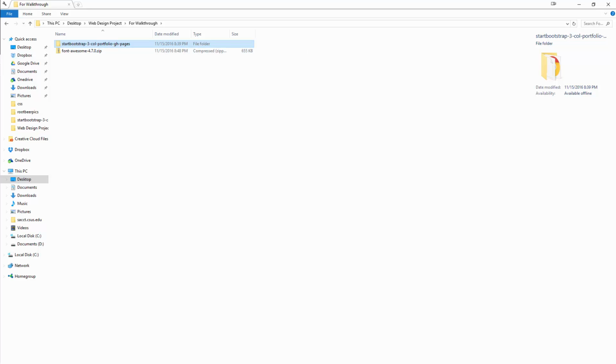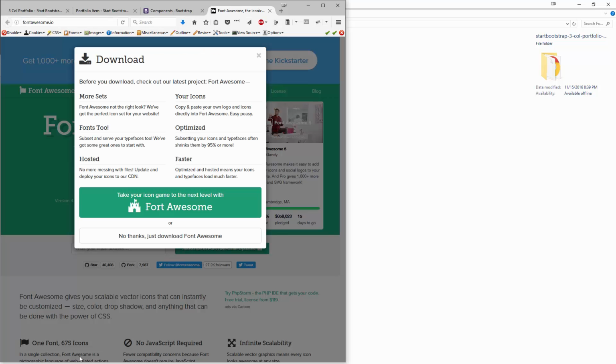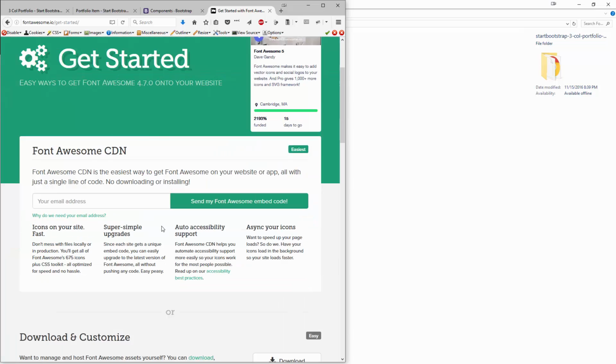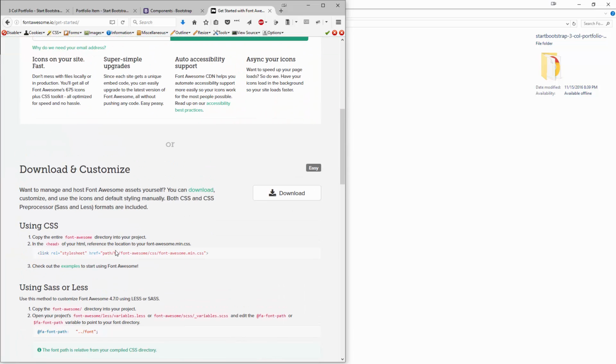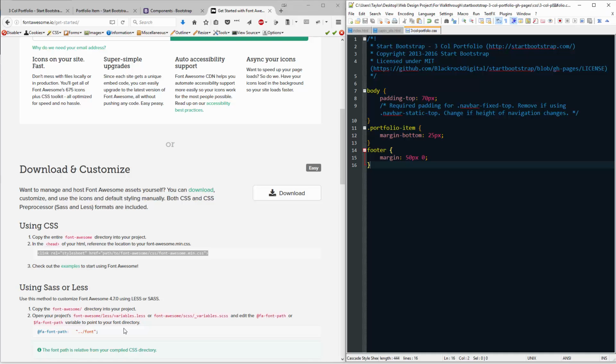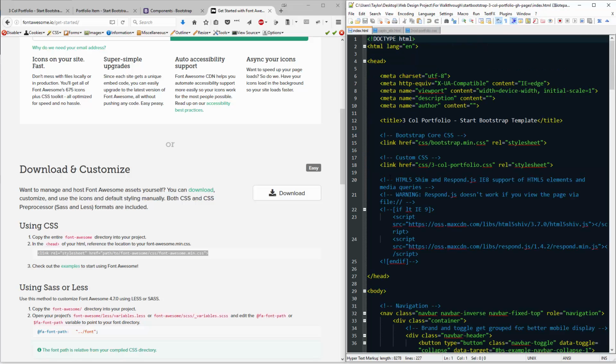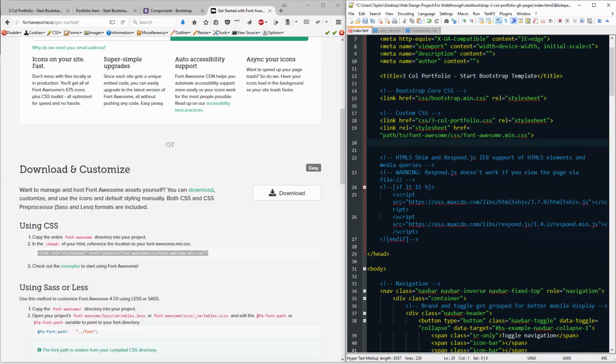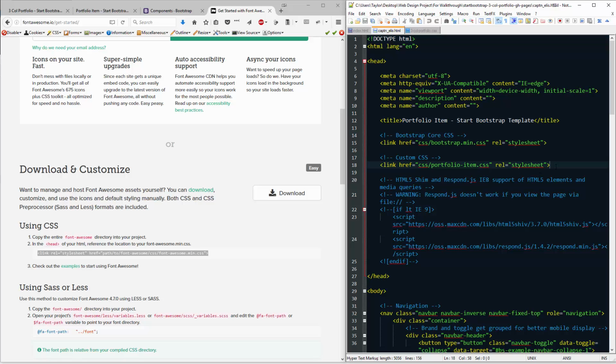And if you go through the instructions on the Font Awesome web page and look at the get started instructions, it'll talk to you about how you need to install Font Awesome. So I'm just going to copy this link right here and put it in the top of the head. Here's my custom CSS file. I'm going to put fontawesome.min in there, and also do the same thing